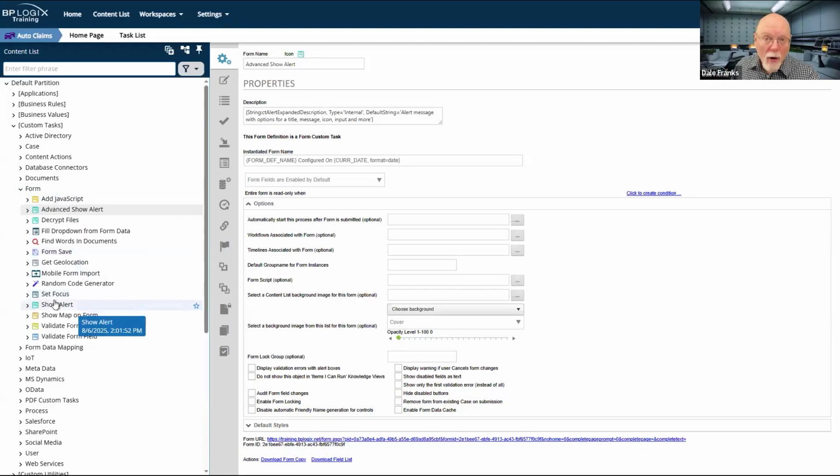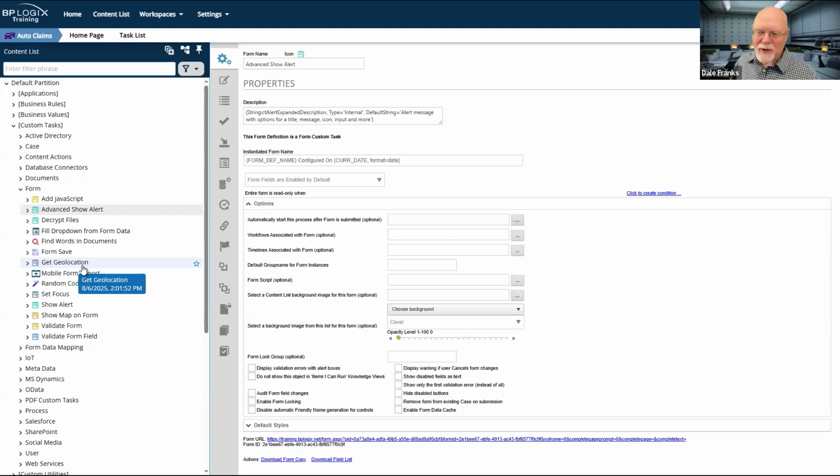But if you have your own custom task as part of this folder structure and you've placed it somewhere inside any of the custom task folders, it will not get overwritten. It will not get deleted. It will simply exist and have its own rich, free, and independent life without worrying about the BP Logix custom tasks that are part of the custom task package.